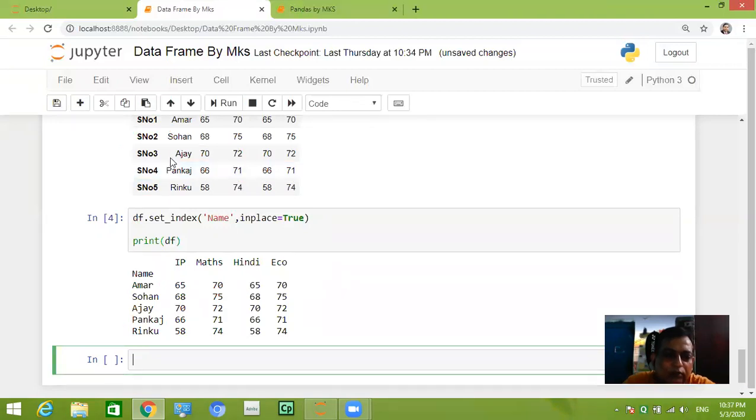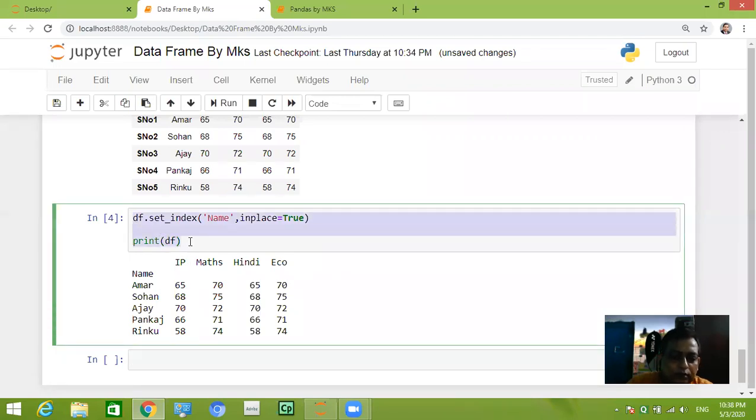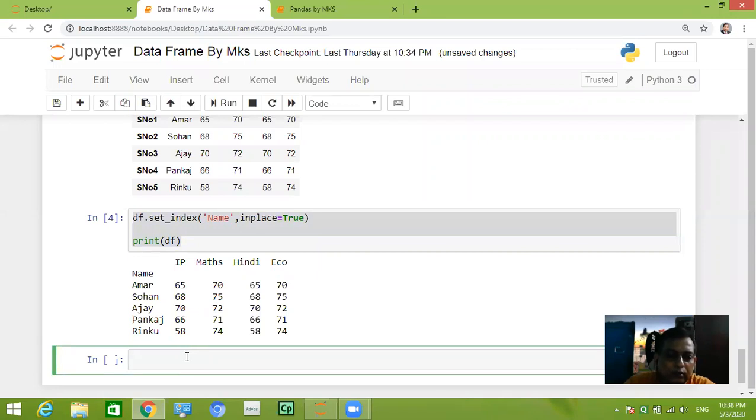Next we are going to see how to reset the index in default mode, that is 0, 1, 2, 3. So for that we have to write just reset in place of set.